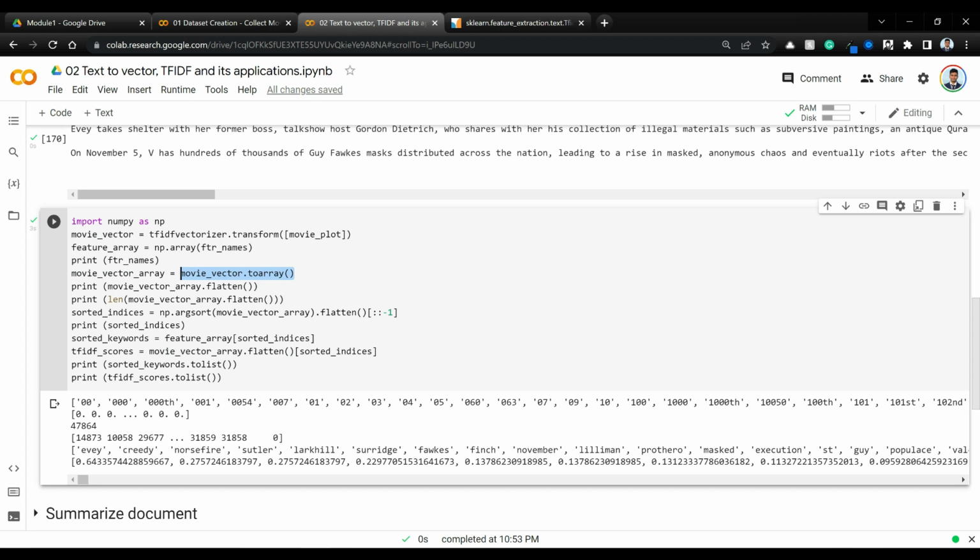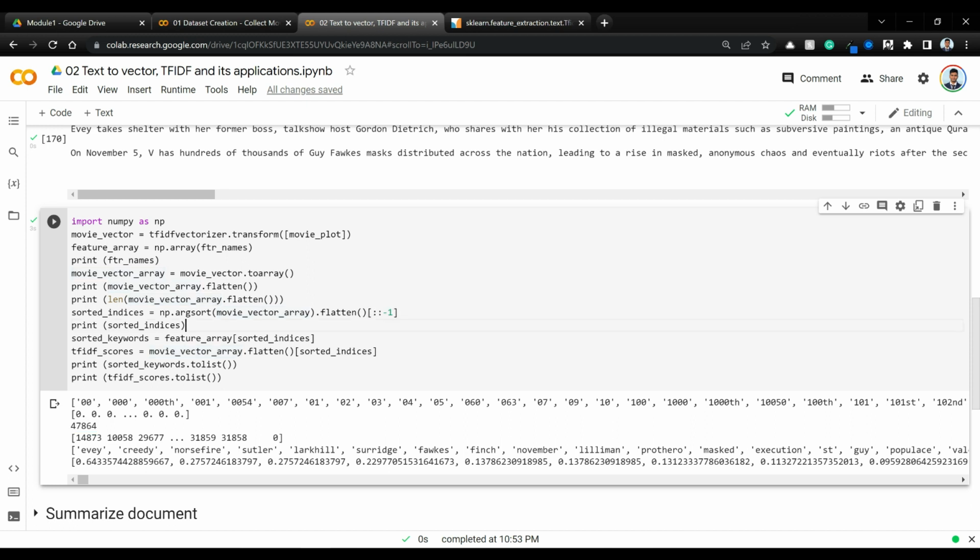We can convert that movie vector into an array and flatten it. If we just flatten it and print it here, it's clear. These are the values that you can see. This is the movie vector array that is flattened once we did the transform. Although most of them look like zeros, there are some values that are non-zero, and as you can see, the length of this vector is